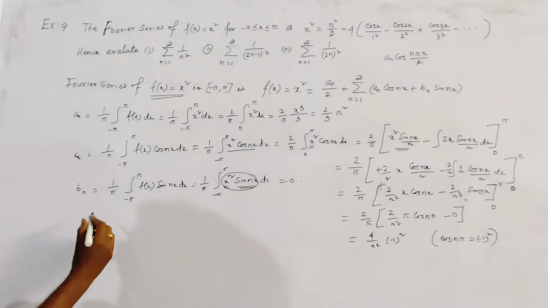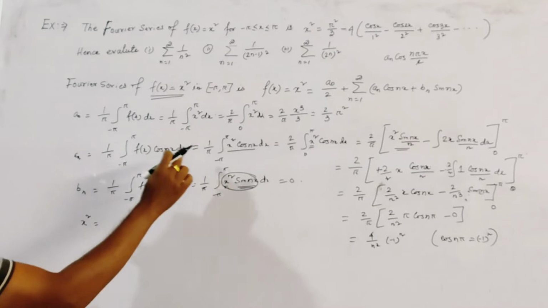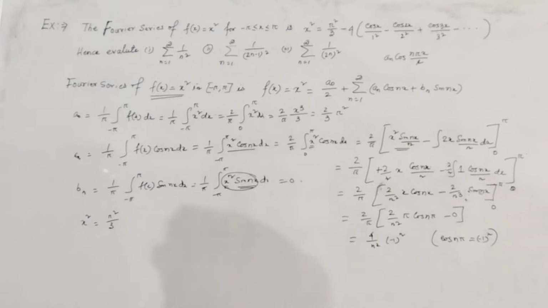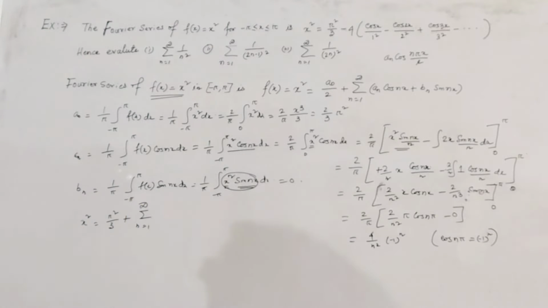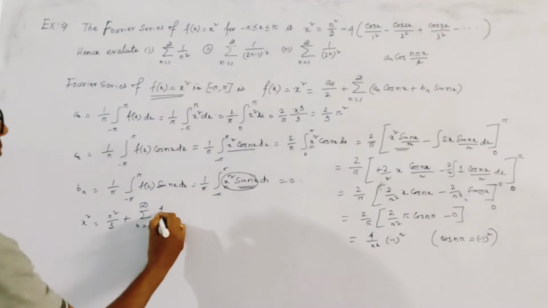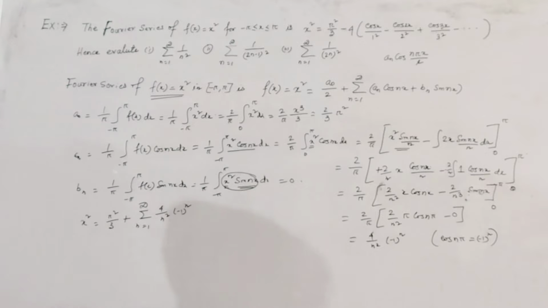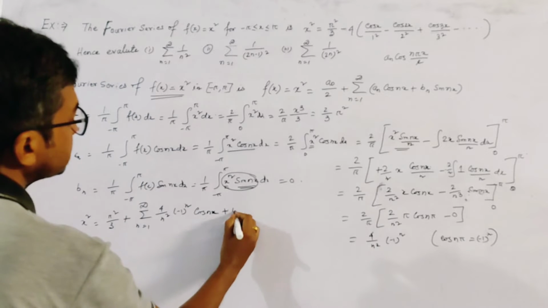Okay, now putting the values of a0, a_n and b_n in the series, we get the Fourier series, and the Fourier series of x square is x square, this is equal to a0 by 2, this means pi square by 3, because 2 cancels out, and this is plus summation n equal to 1 to infinity, and putting the value of a_n, this is 4 by n square into minus 1 to the power n into cos nx plus 0,